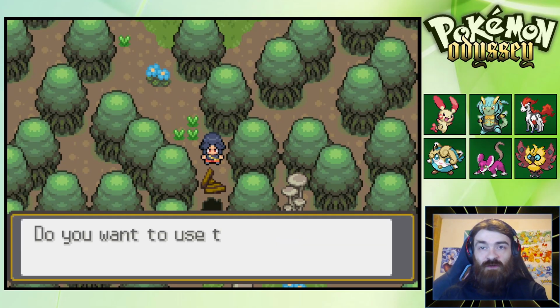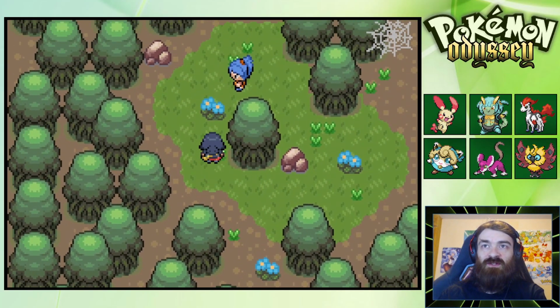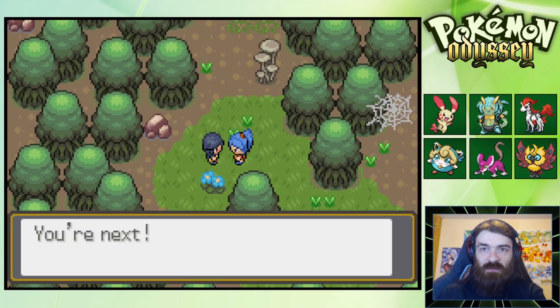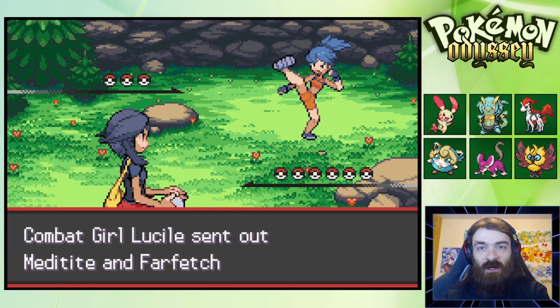We can unlock another shortcut. So this hole right here. And then we have ourselves another battle against this girl. I train here every day and challenge everyone passing by. You're next. I am, in fact, passing by. You got me there. I am a passerby today. But let's see. You're a combat girl. You're getting...